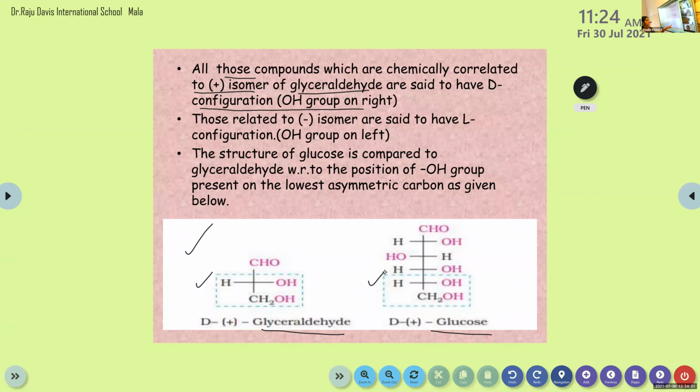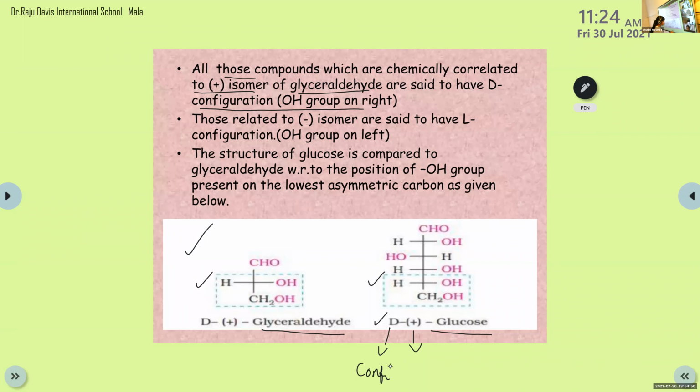That means the terminal hydrogen, okay? Towards the end, we are considering only the last part of this glucose. And here their structures are similar. That's why we are choosing this D from this structure of glyceraldehyde. Okay, it is related to plus form of glyceraldehyde, so we are using this D in the name of glucose. This plus stands for dextrarotatory, and this one is for configuration, right? This one is for configuration.